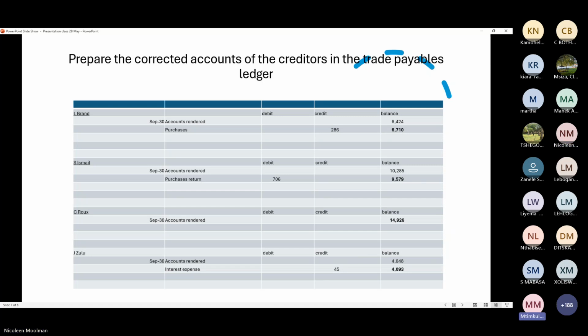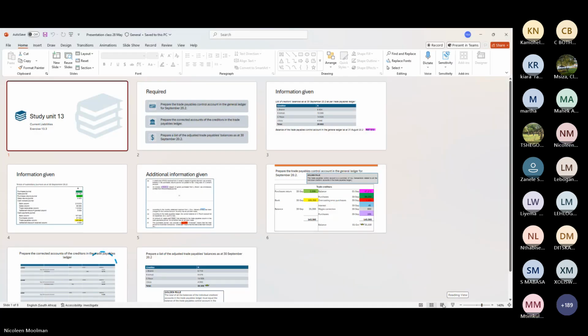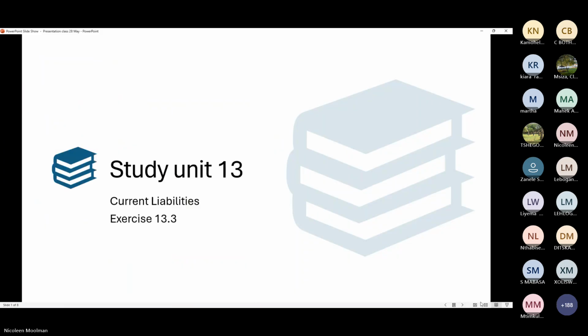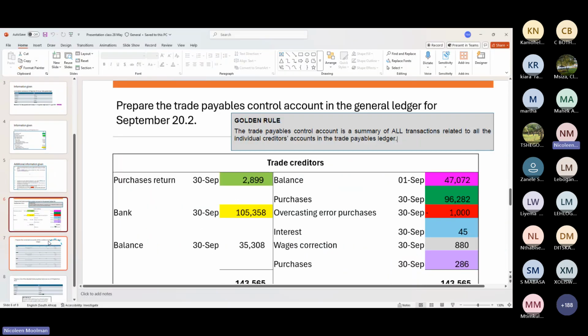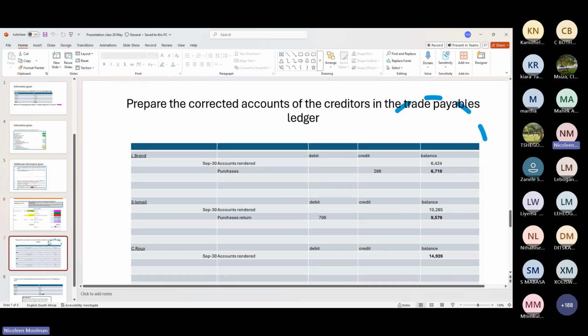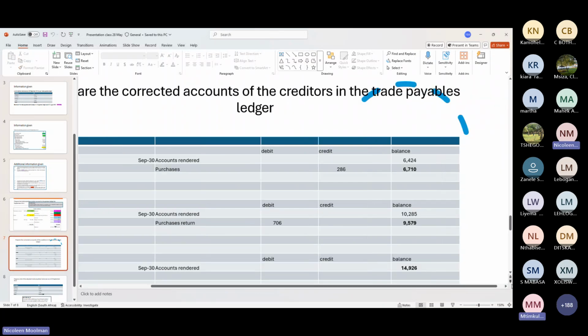Apologies, Nicolene. Apparently the screen is too small on the ledger. I also think it is a bit small. Can you maybe try zoom in again? Thank you. I'll see if I can. I'm already on 130% now. Let's see if it helps a bit. I don't know if that helps much. Yeah, much better. Thanks. Okay, great.